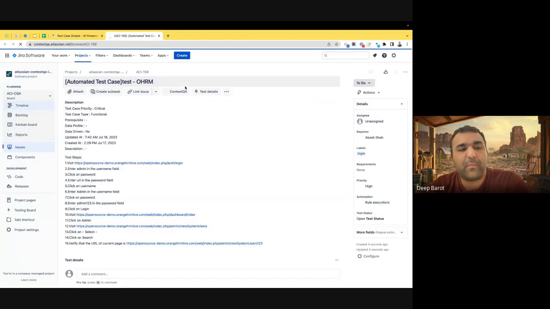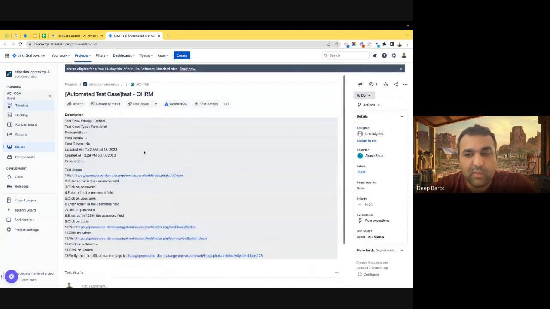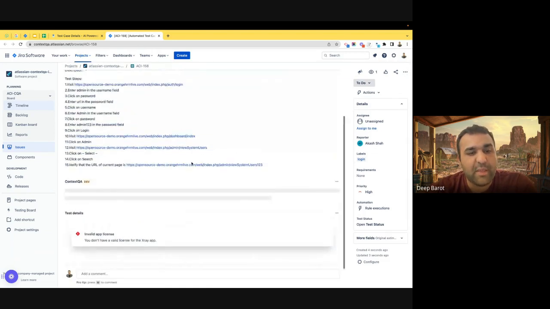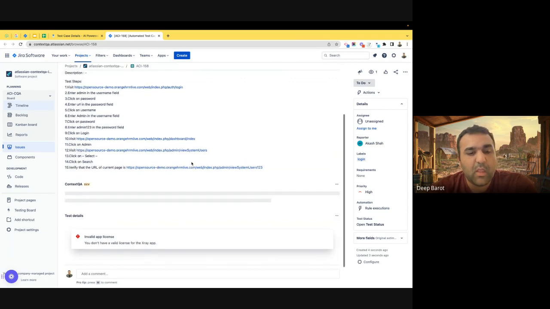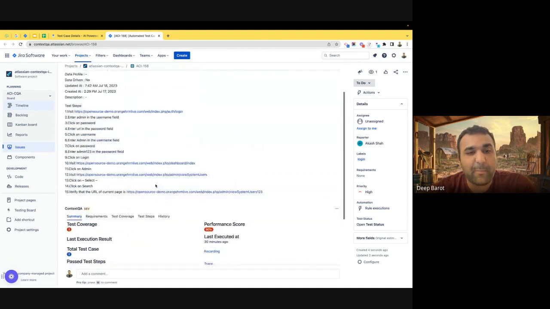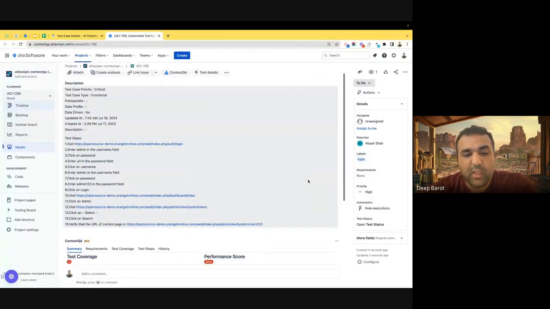If you click here, the bug is already created in Jira with all the steps that you are looking for, and with the label that you provided here. In Jira, you need to install it, or whoever your client is, they will have the ContextQA application already installed. So when you are talking with them in a stand-up, sprint planning, or retrospective meeting, you need to mention this information to them, that in this particular sprint you created this many bugs. For example, for the login feature, if you talk about